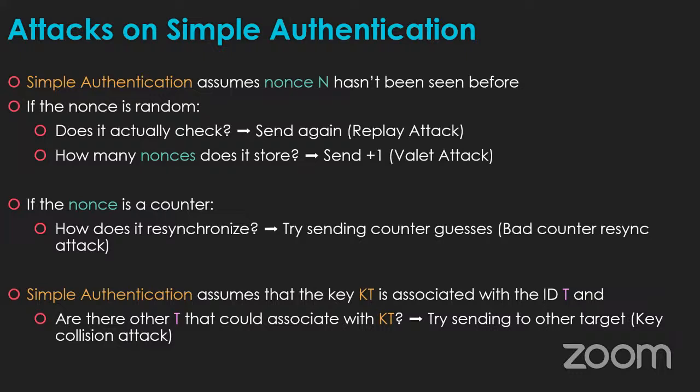And in fact, simple authentication historically happened in garage door openers and key fobs for cars. A lot of the attacks, even today, revolve around what's called resynchronization, which is a part outside of the protocol, because they used methods where they have to track nonces, which means they have to have a way to reset how they're tracking the nonces. So how do I attack it outside the protocol? Go and find a way to initiate resynchronization,